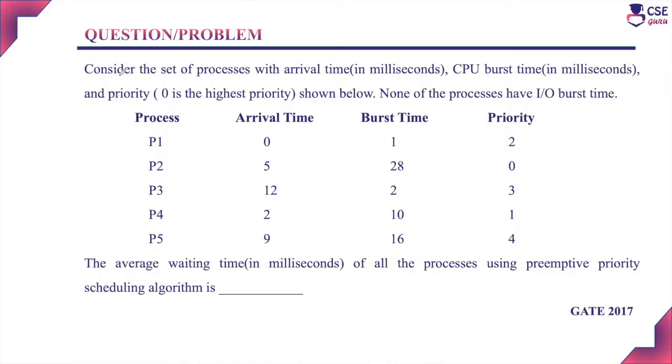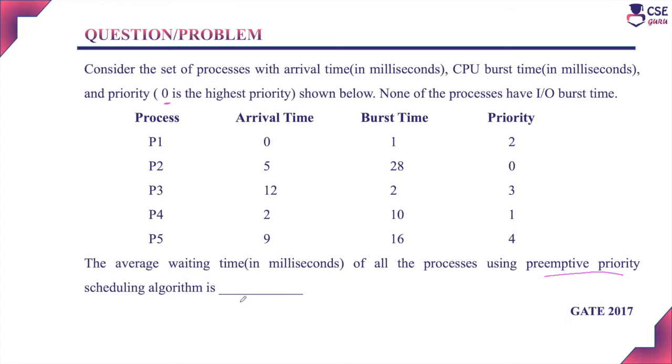process scheduling. The question is, consider the set of processes with arrival time, CPU burst time and priority. Here we have to consider 0 is the highest priority. None of the processes have IO burst time. So there are 5 processes with arrival time, burst time and priority given. The average waiting time of all the processes using the preemptive priority scheduling algorithm is? So we need to solve the problem based on preemptive priority and find the average waiting time